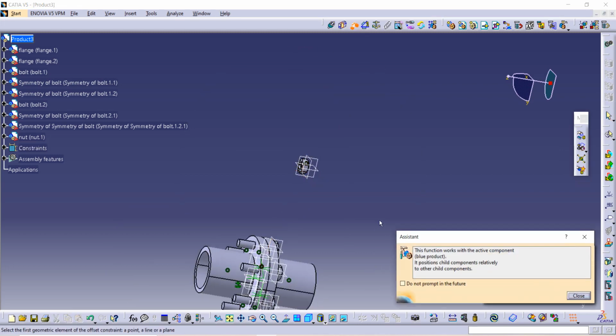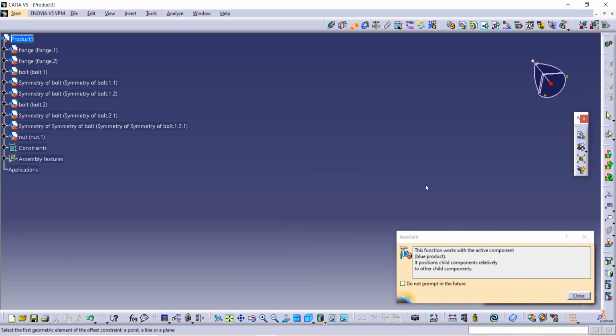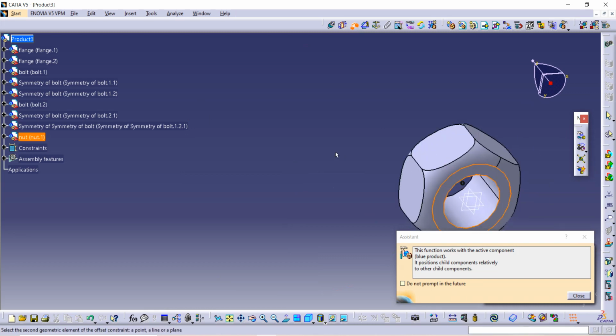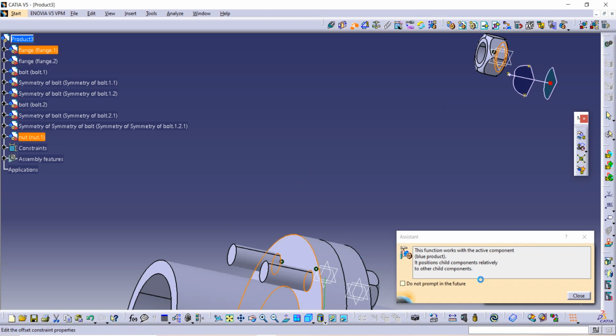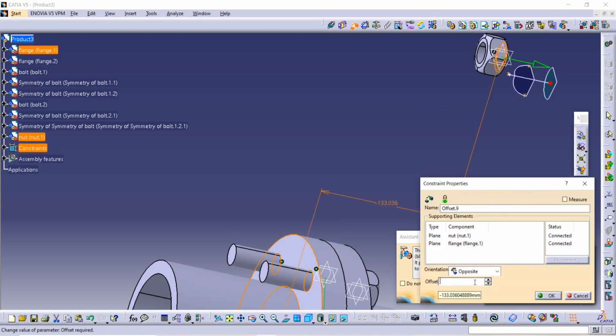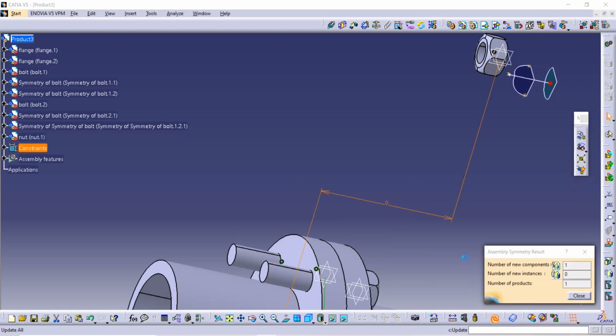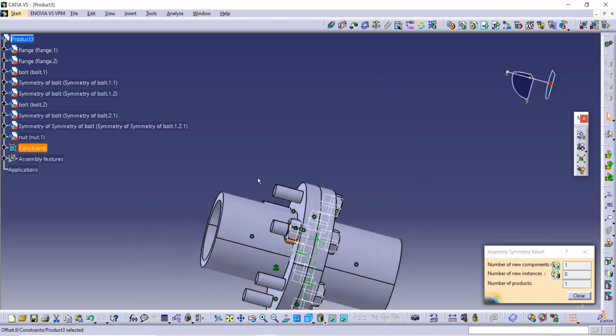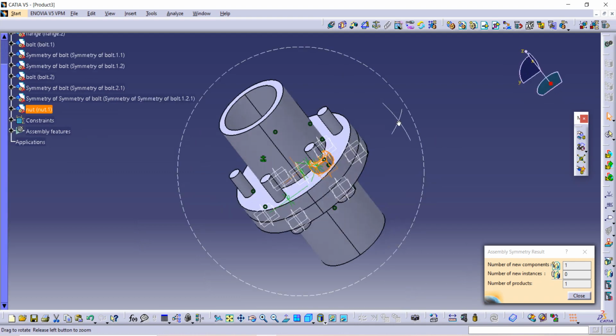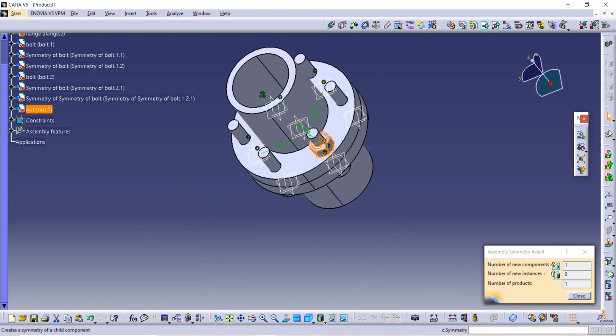Use this constraint command and give distance between two surfaces. The distance is 0 and update it. Now selecting this nut and using the command as symmetry.